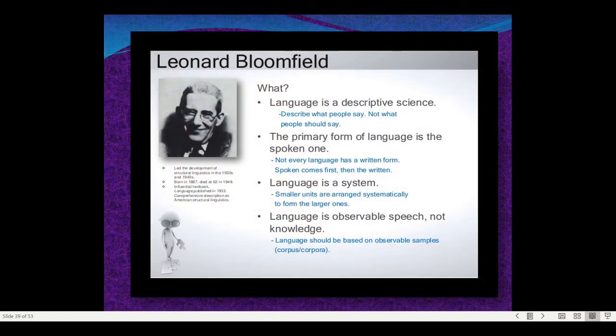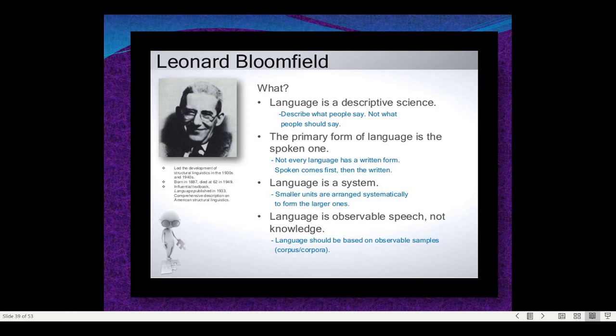Yes. You can see Leonard Bloomfield, who contributed to the development of structural linguistics in the 1930s and 1940s. His phenomenal work, Language, published in 1933, and his comprehensive description of American structural linguistics. Bloomfield's approach to linguistics was characterized by its emphasis on the scientific basis of linguistics, and his adherence to behaviorism, especially in his later work,